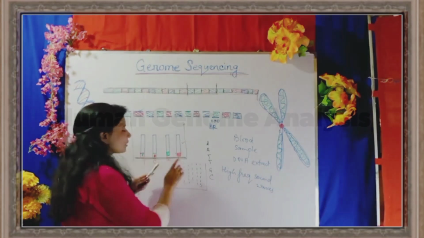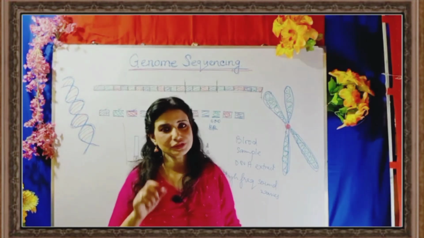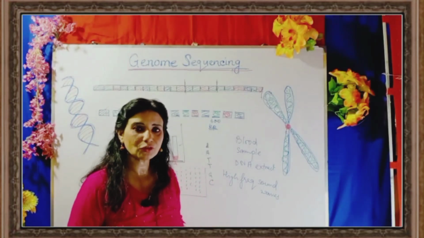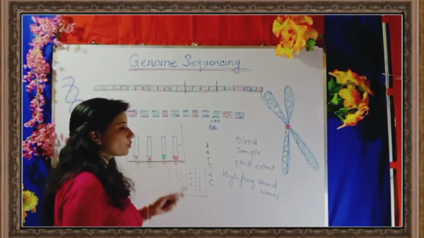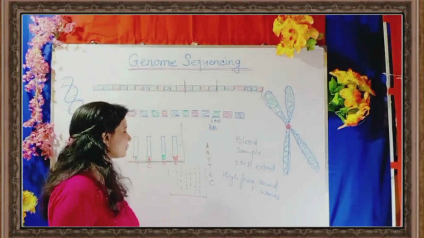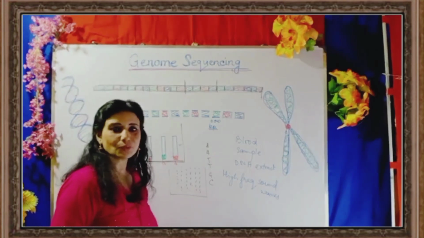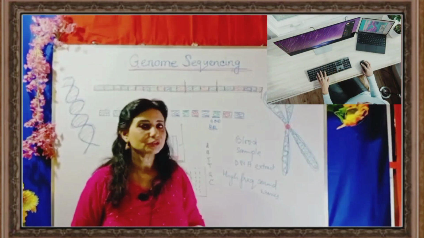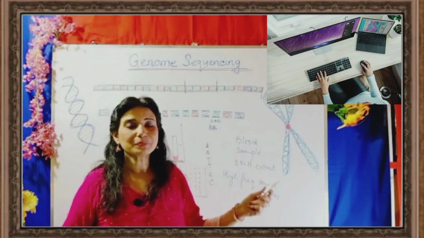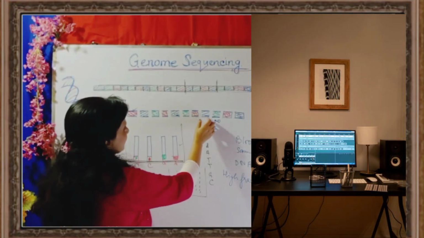This was the advantage of using the sequencer, which identified each nucleic base with a different color tag. This is how we have known the identification of the tags; the colors were helping us to understand which nucleic base it was. And then after getting all those nucleic bases, the colors, next were the computers, which were used to understand the entire sequence by piecing together, assembling all of these fragments.